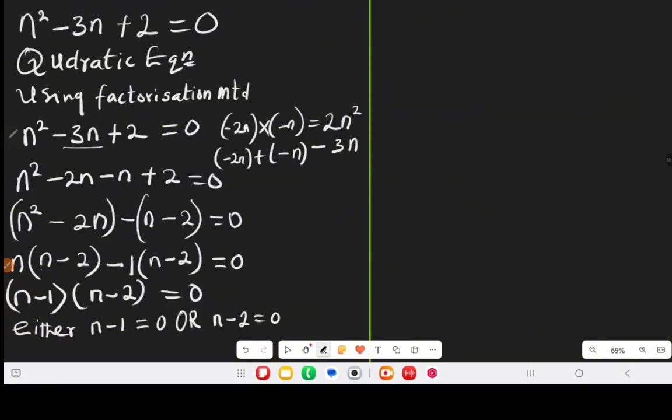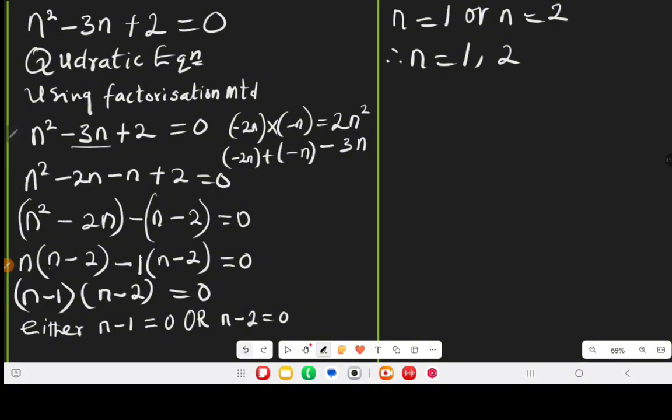If we continue, n equal to minus 1 crosses the sign of equality and becomes 1, or n equal to minus 2 crosses the sign of equality and becomes 2. Therefore, n equal to 1, 2. So this is the solution to the quadratic equation. But that is not the end. Now we go back